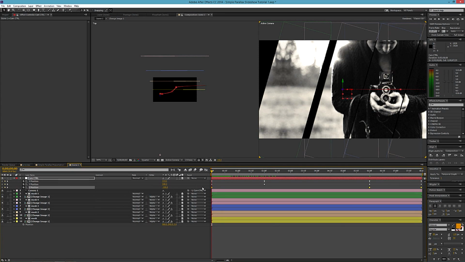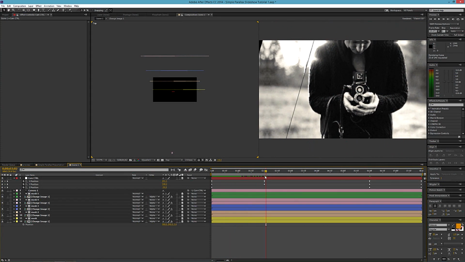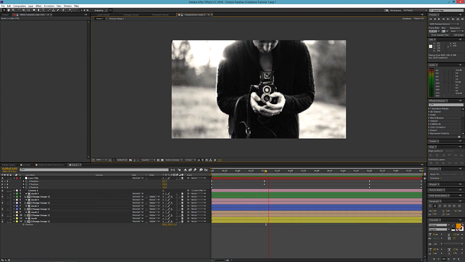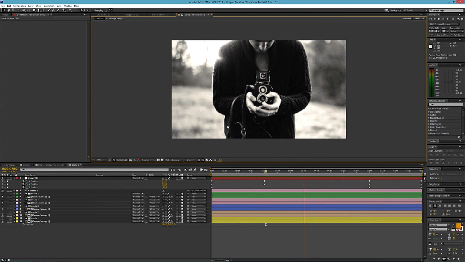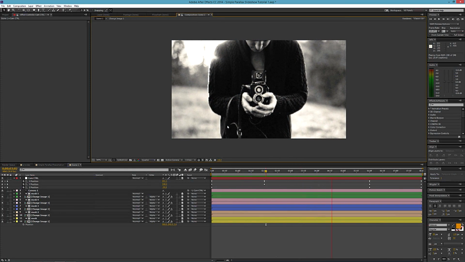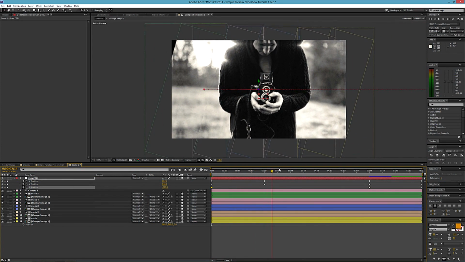Let me adjust this. Okay, let me see. Okay, let's render the preview again. Let's just turn one view again, and like you see, it's more interesting this way because you have the movement inside the z-axis and it looks like the image coming toward us. So it looks more natural this way. Also, we can just increase this a little bit, so it looks more